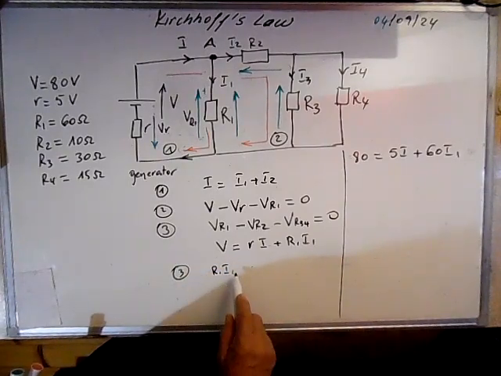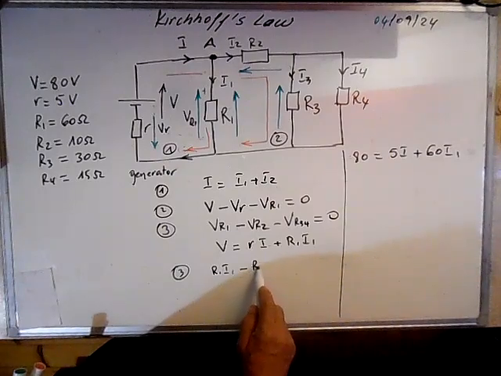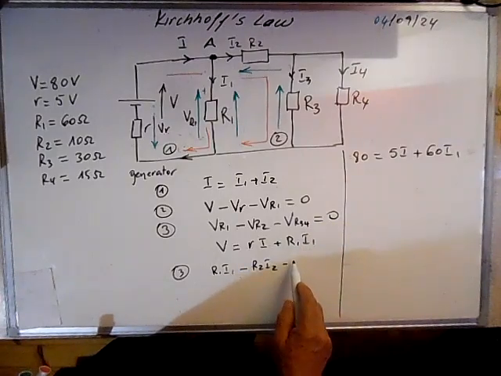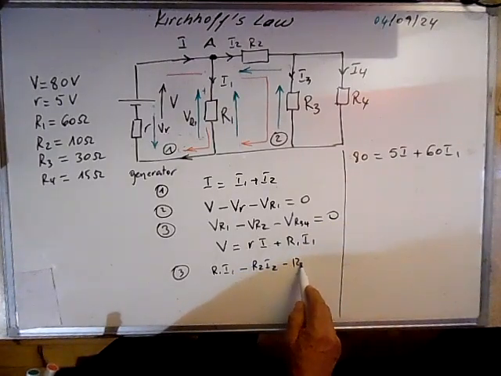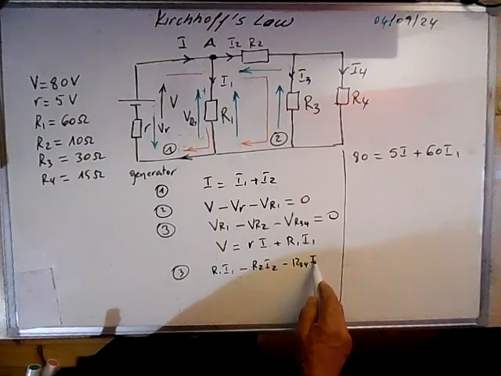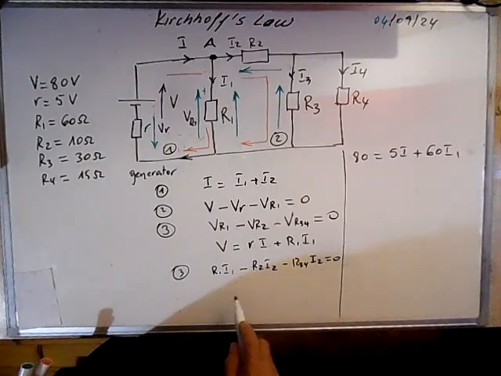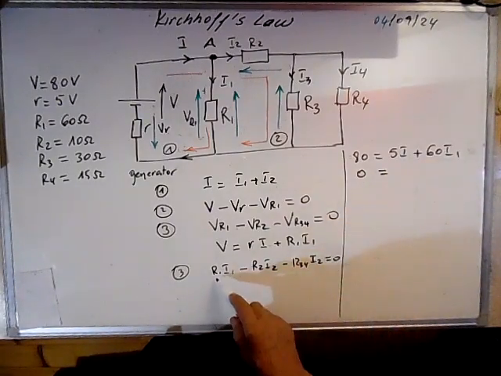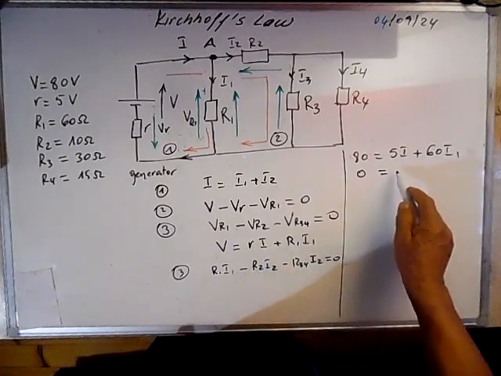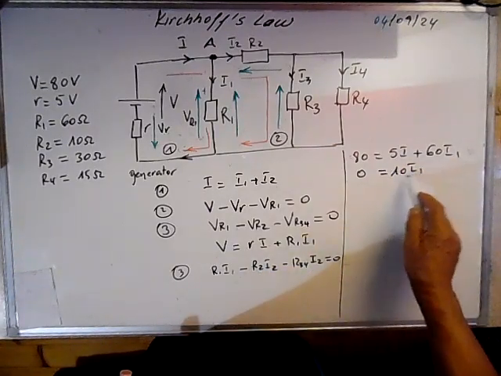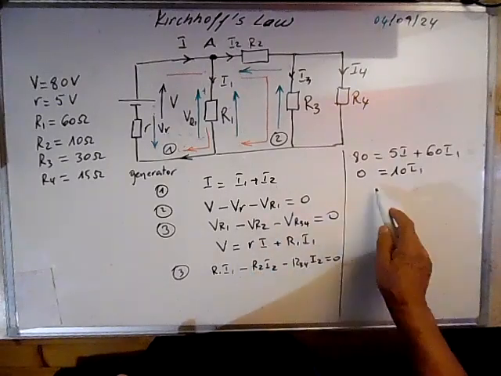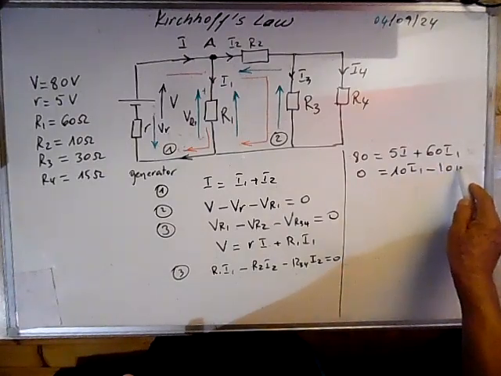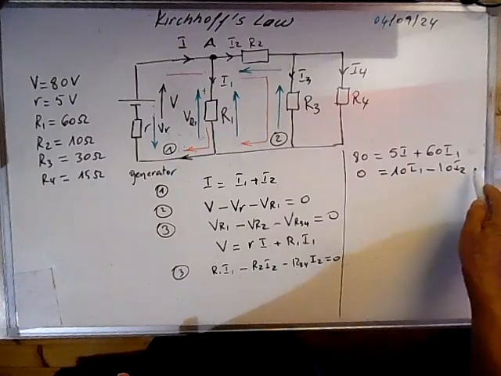This is the third, minus R2 times I2, and minus, as I said, R3,4 times I2 is equal to 0, so it means we can write 0 is equal to R1, which is 10, I1, minus 10 I1, minus R2, 10, I2, and minus